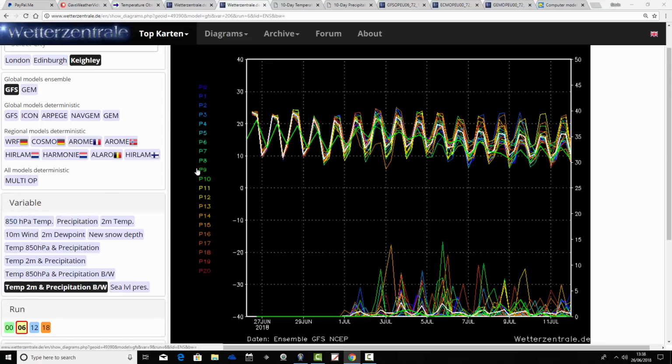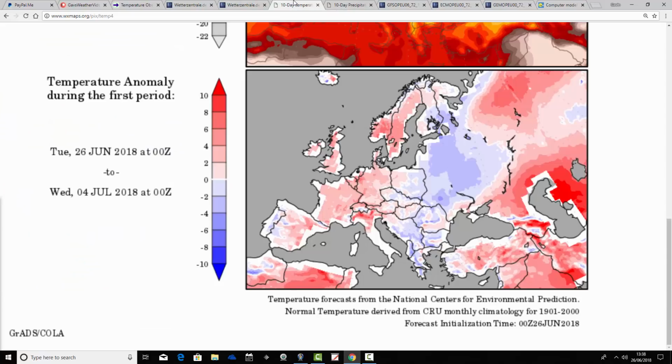The surface temperatures at Keighley looking like this. It's undercooked the temperatures quite a bit. So at the moment, and for the next few days, it's saying low 20s, but actually it's going to be into mid to upper 20s. But then you see we are definitely getting a slide in the temperature there as we go into the end of the first week and into the second week of July. So cooling down with the temperature and turning more unsettled through the early part of July is what the GFS